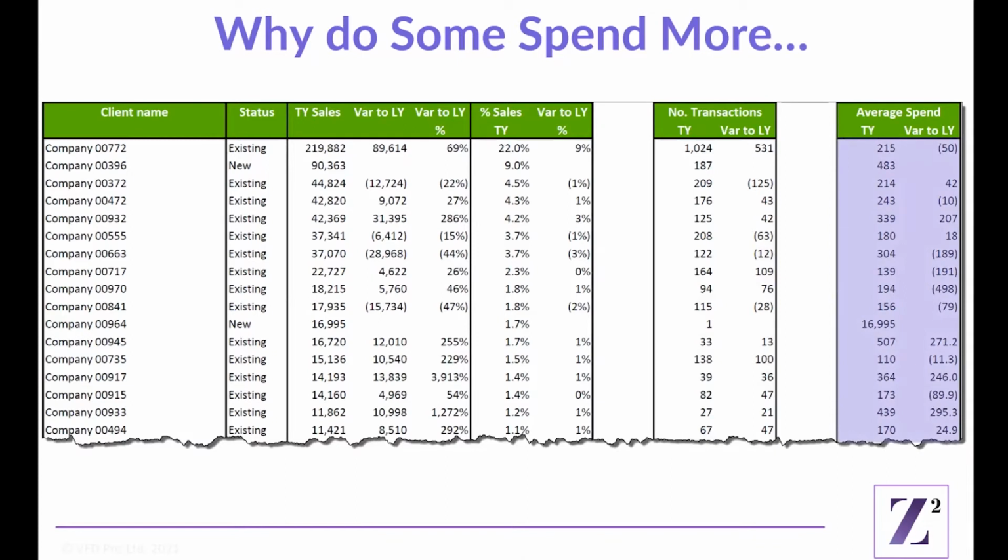And what about average spend? There are some huge variations in the average transaction value, or the average spend. Again, what can we learn from this? What differentiates one customer from another? Clearly, you would look at this information with a breakdown as to which products and services they currently purchase. And as a result of the process, you will inevitably have a list of customers to speak to and a note of exactly what you want to talk about.